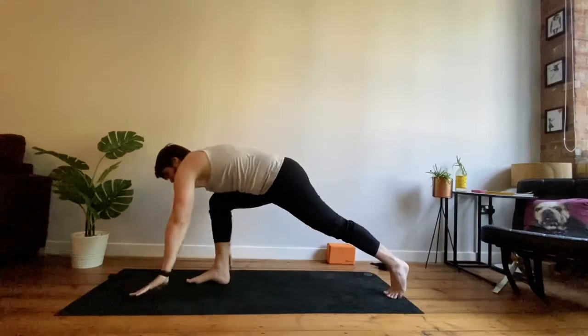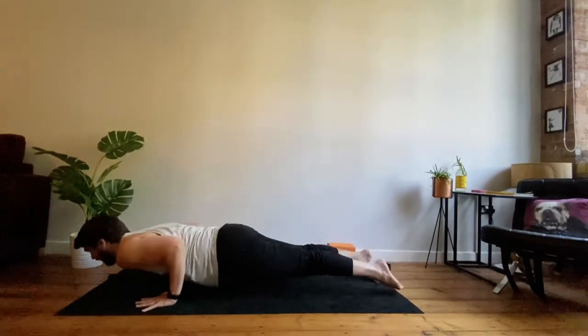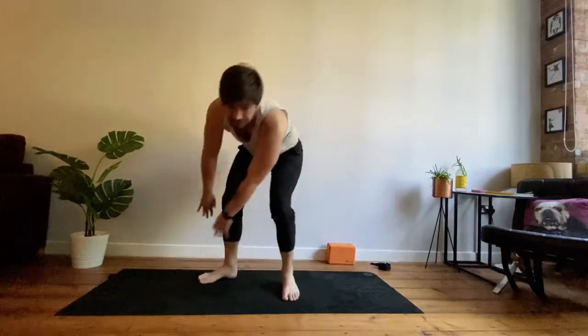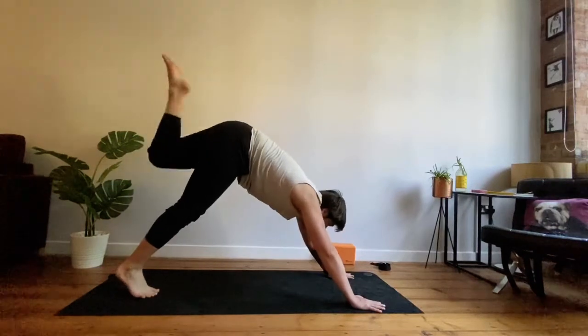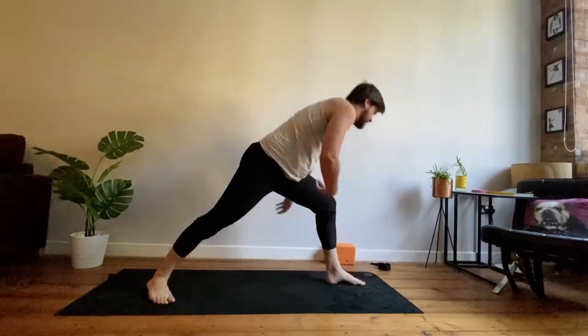Settle here for one breath, and then frame that front foot, stepping back into a high plank, lowering to low plank. Inhale is up dog. Exhale, downward dog. Let's do the left side now. Inhale, left leg up. Exhale, warrior one on that left side, pivoting the back foot 45 degrees, using your core